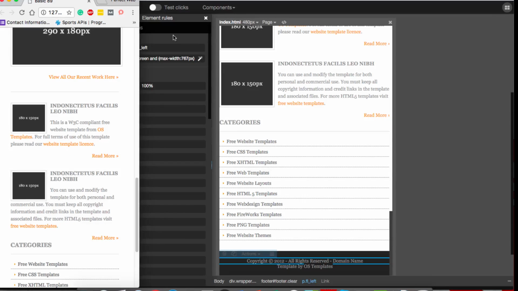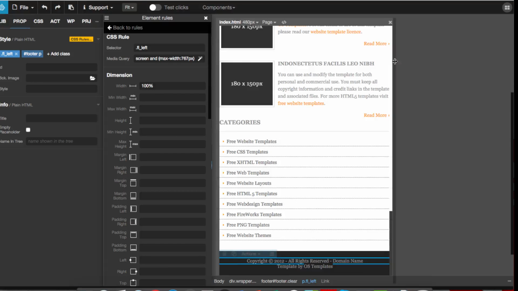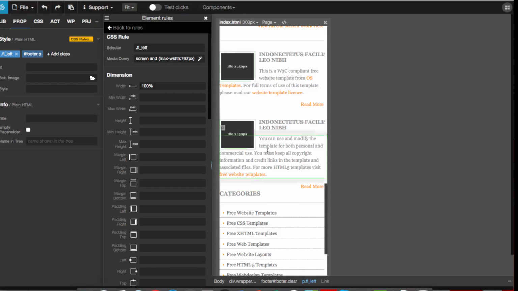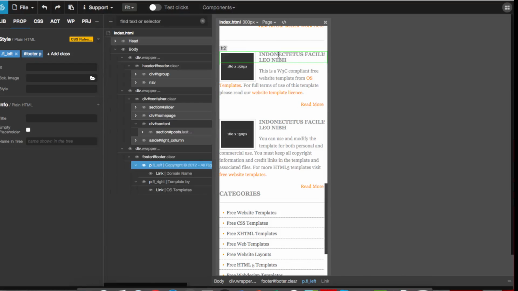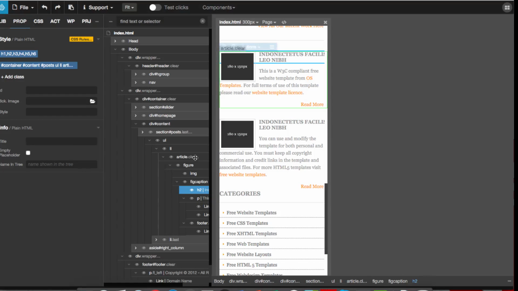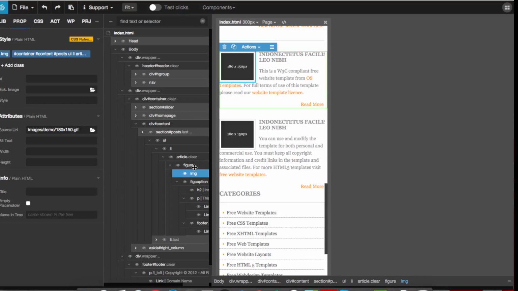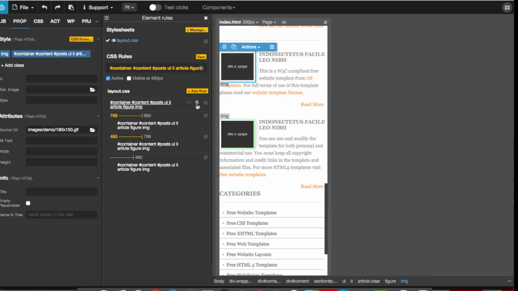Now if there is one more thing I can do, let me show you. If I go to 300 pixel, yeah, here you see this one becomes smaller. So what I can do here, let me show you another thing. This is the whole article, this is a figure, this is the image. So I will do like